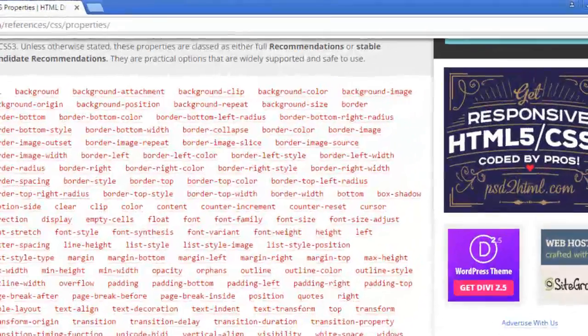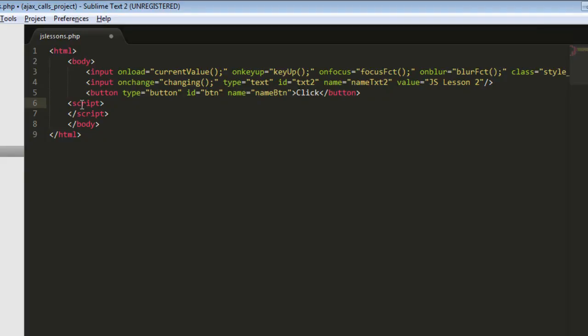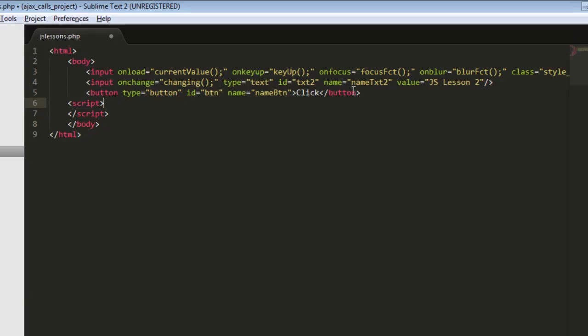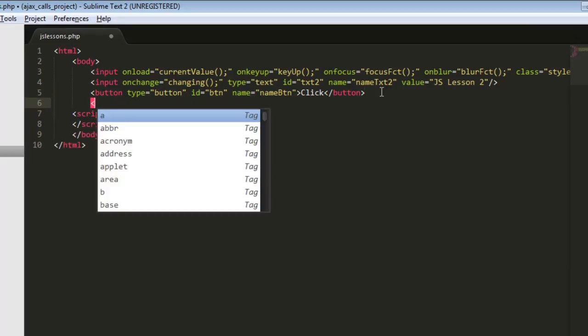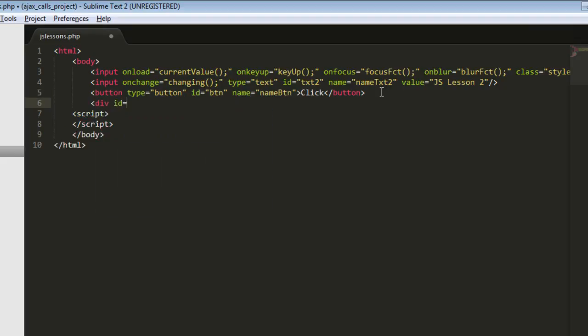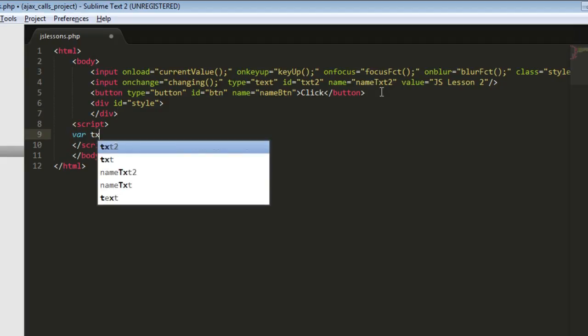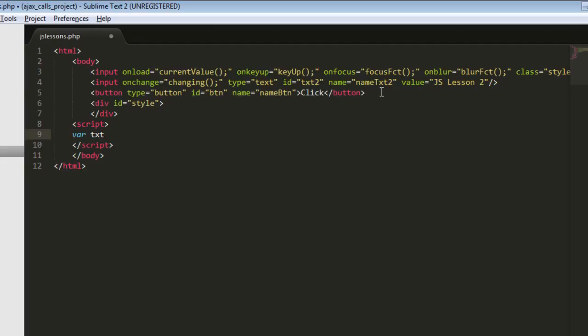Now let me access the current CSS style of this text box, even if I didn't put any style for it in my HTML page. I will see the CSS style generated by the page directly if we don't have a specific style for it. So let's go, and I will create a new div, and I will call it style as an ID, and it is empty. Now I need to get the text element, so text = document.getElementById